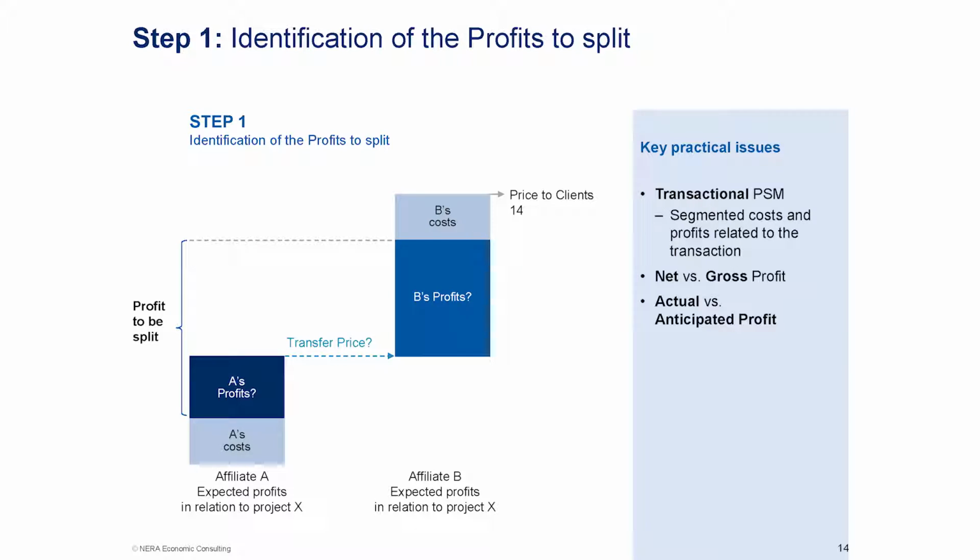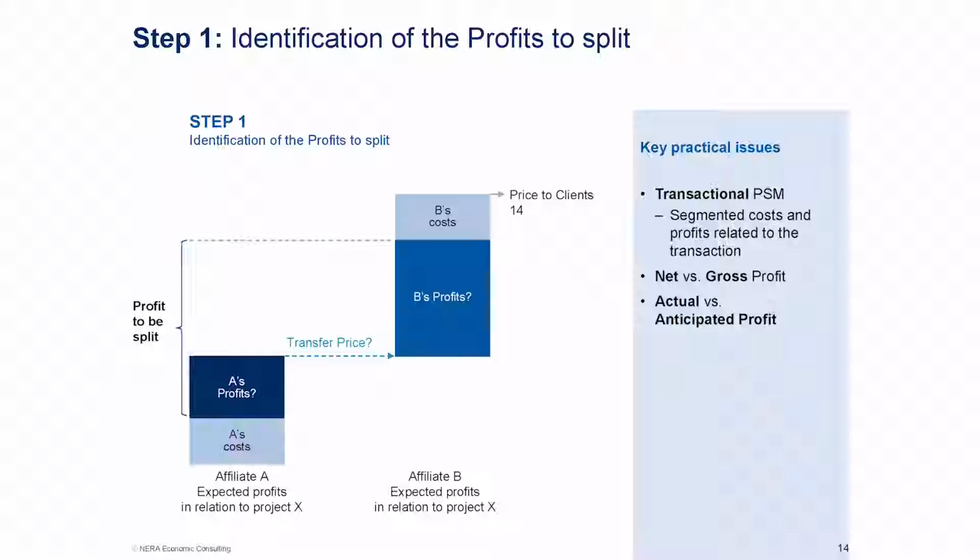Second has also been identified by the OECD whether or not the pie that we need to share is a net profit or the gross profit. In the case at hand, we have the profit that the two companies are making in relation to the project, but this profit is actually a gross profit because a number of costs of the company, which are, for instance, R&D costs, admin costs, are not embedded into the management accounts of the company. So there is a need for reclassification. And there is a third question, which is a more fundamental question, whether profits that need to be split are the budget profit or the real profits after the facts. So that's step one, what is to be shared.